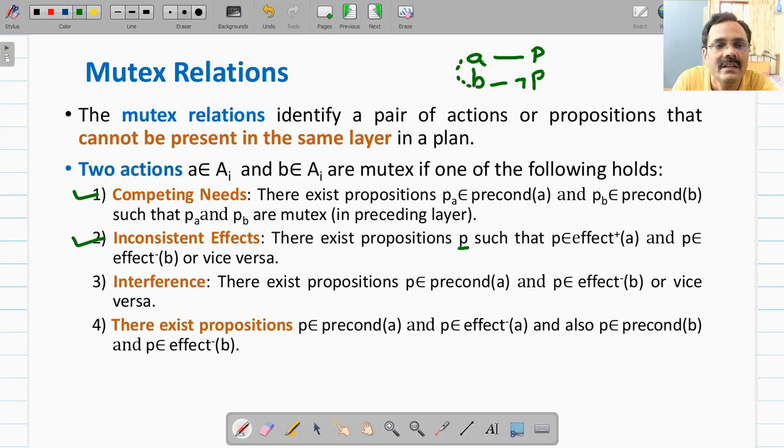So we will show that they have inconsistent effects and A and B are mutex.